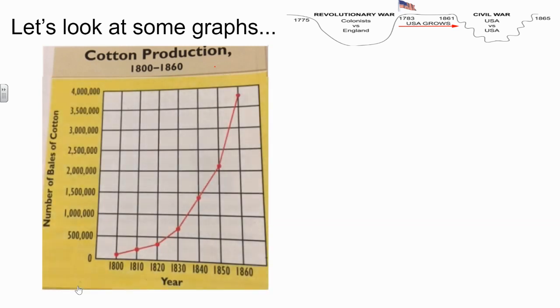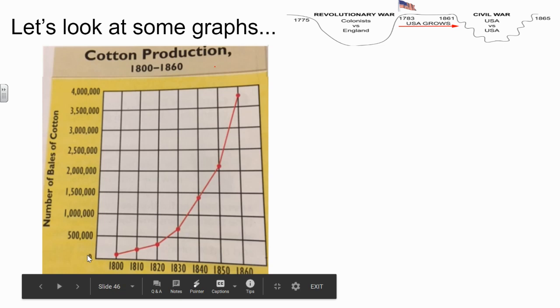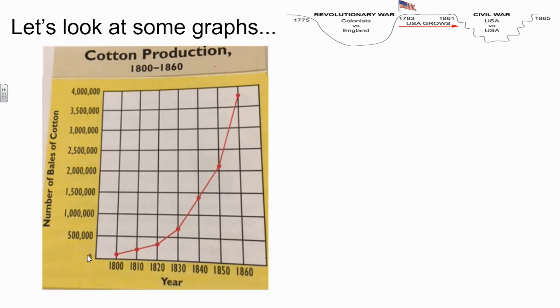So take a look at this graph here, just kind of soak it in for a minute. You can see that in the year 1800, almost no cotton was grown in our country. And then you can see that within 60 years, we have gone from almost no cotton grown to almost 4 million bales of cotton grown. And that's a huge increase in just 60 years. Now, I'm not going to talk to you about why it went up so quickly, but I do want to talk to you real quick about why almost no cotton was grown in the year 1800, and really even before that. Even when the colonists came and settled in the southern colonies, they tried to grow cotton, but it didn't really work out as a cash crop, and here's why.